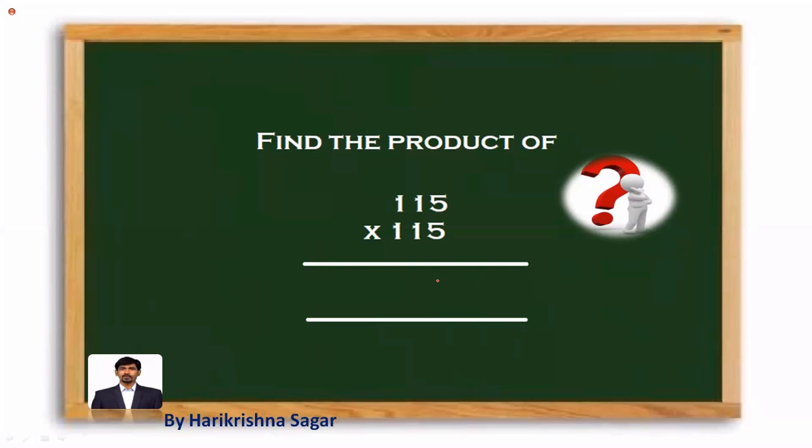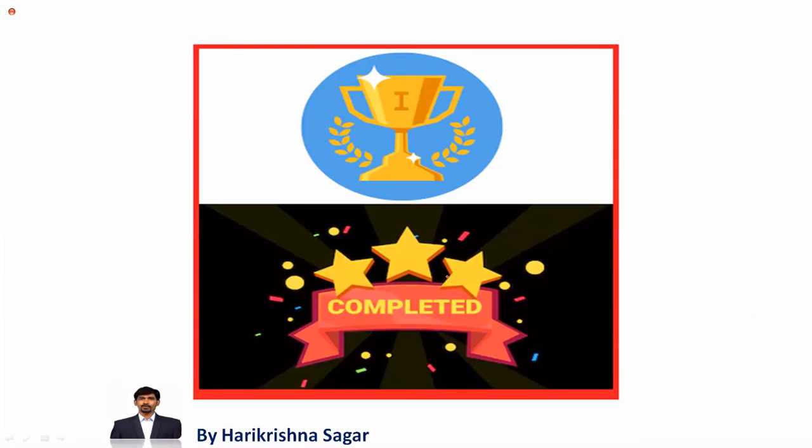75 into 75, 25. Even if it is 115 into 115, 11 into 12 is 132, 5 into 5 is 25. Like that, even 3-digit numbers we can use. So those are the tricks I wanted to discuss with you today. We'll continue the session in the